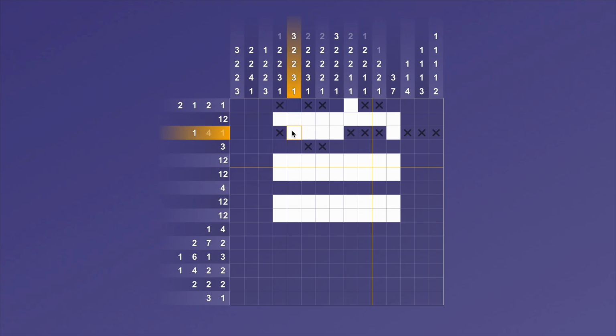Okay, so this 3 I now know has to go up. 1, 2, 3. Then X, then 2X, 2X. This column, 2X, 2X. This column, the 3 has to go up. 1, 2, 3. Then X, 2X, 2X. And this column it's 2 and X, 2X. This column it's 2, then 2,